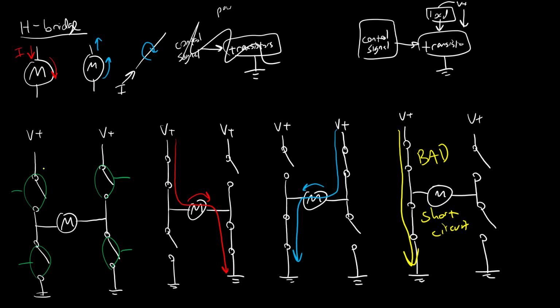So in either case, I could build my own H-bridge out of 4 discrete transistors, but in practice, you usually don't do that. What you do is buy an integrated circuit that has all of these transistors included in a single package, along with some additional parts like a flyback diode, which we covered a few videos ago, which is going to help protect the transistors and the rest of your circuit from inductive voltage spikes